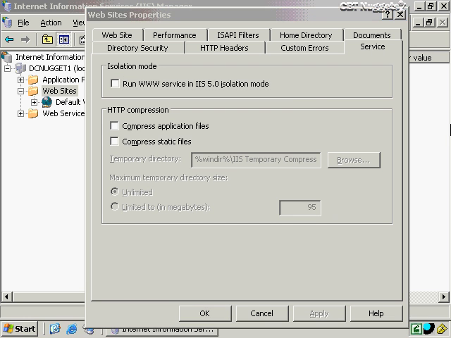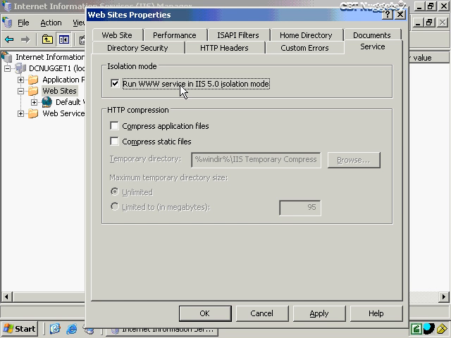Now, IIS 6, which is the version that Windows Server 2003 runs, uses something called Worker Process Isolation Mode. And what this does is it helps applications to be more stable and to run more reliably. But if you have certain applications that cannot work with that or that were designed only for IIS 5 and that cannot seem to run properly within Windows Server 2003's IIS 6 Worker Process Isolation Mode, then of course you'll